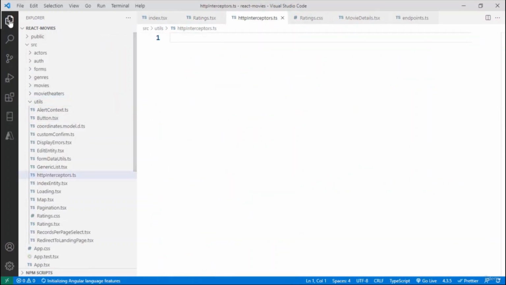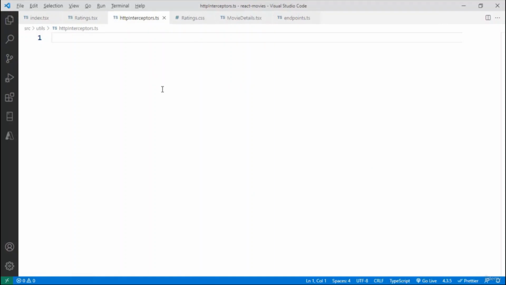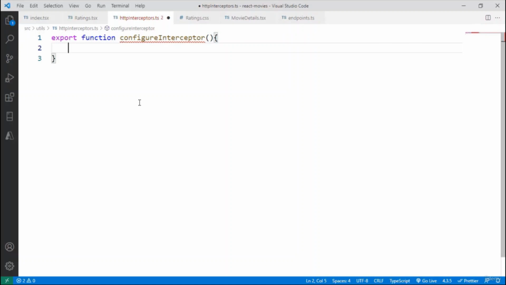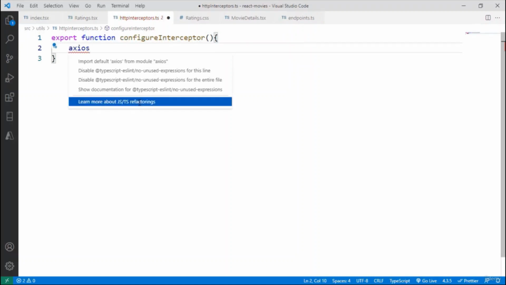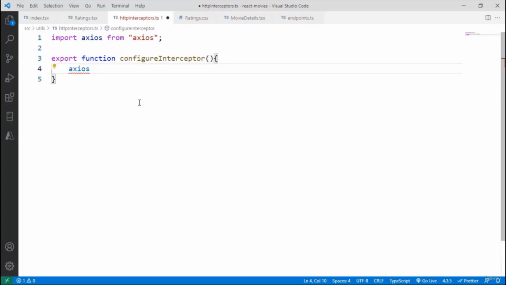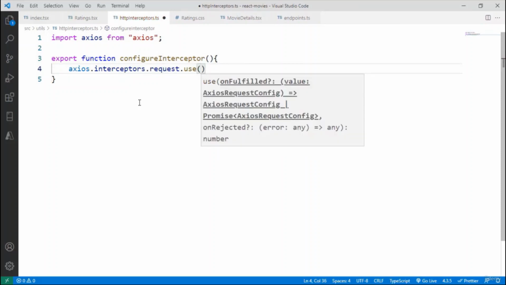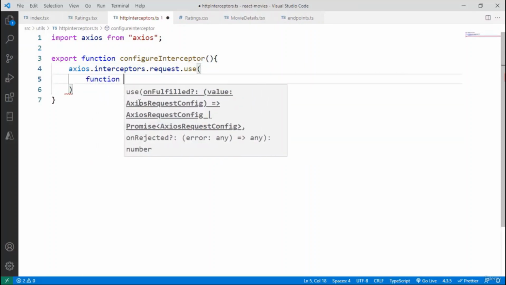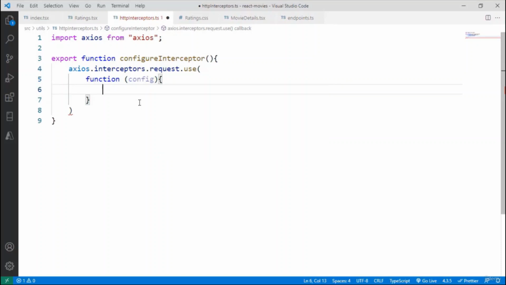This will be a function. Let me say export function configureInterceptor, and then I will say here Axios, and I want to import Axios. Let me say axios.interceptors.request.use, and then in here I have to pass a function config,